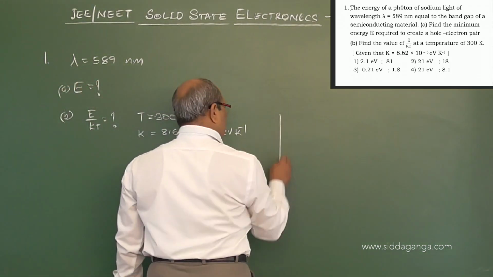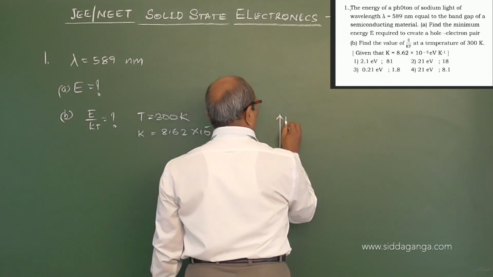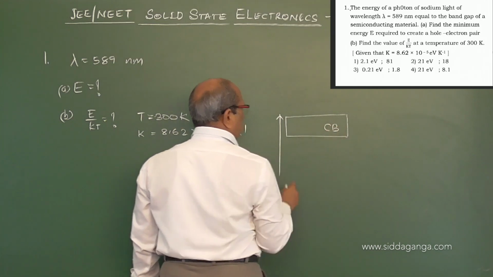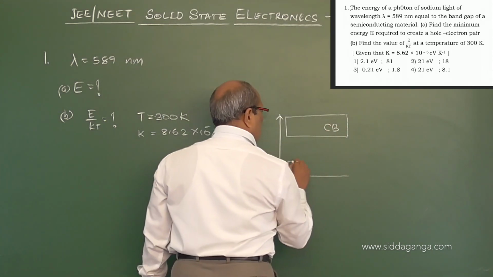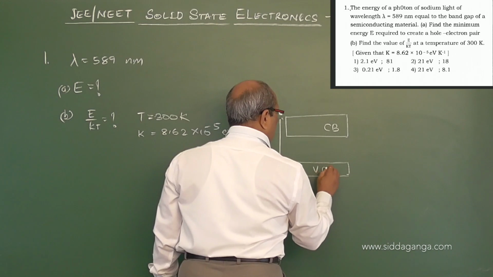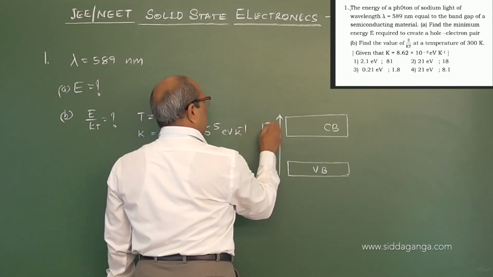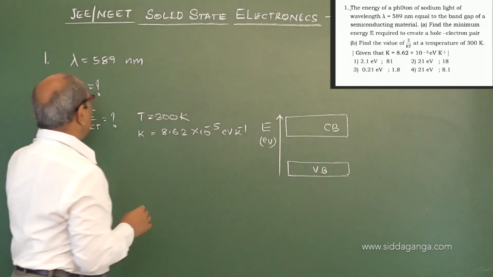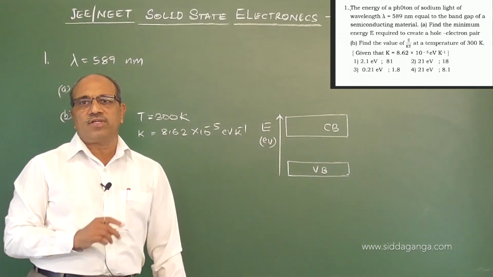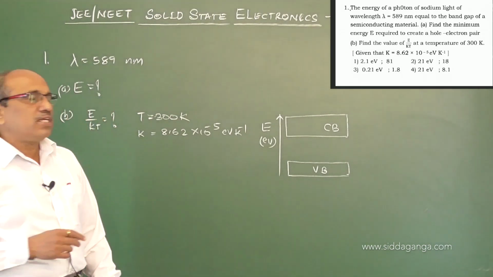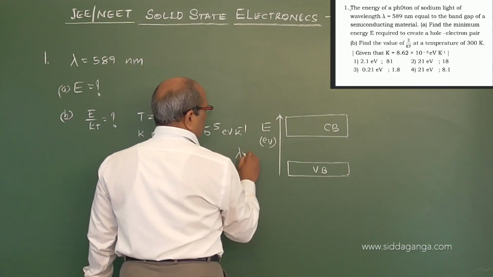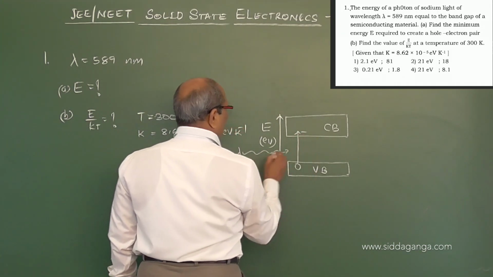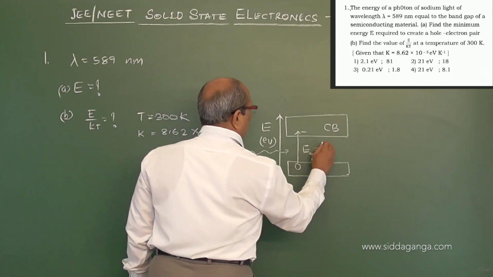You have learned in band theory of solids that the band containing free electrons is called the conduction band, and the band containing valence electrons, the hole carriers, is the valence band. The energy we represent in electron volt, and here the energy of a photon is given. What is the band gap of the semiconducting material? Suppose this wavelength is exciting and creating an electron hole pair, what may be the energy gap required?